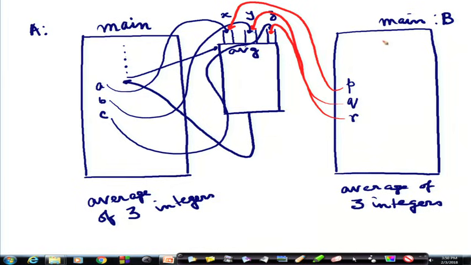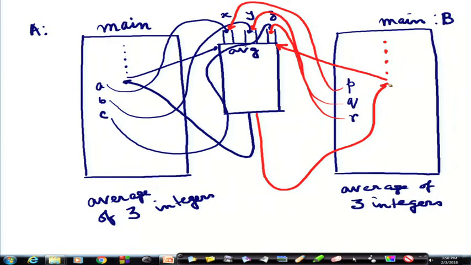Suppose this average was called from this point. Then it will return to this point with the value of the average, whatever is computed here.